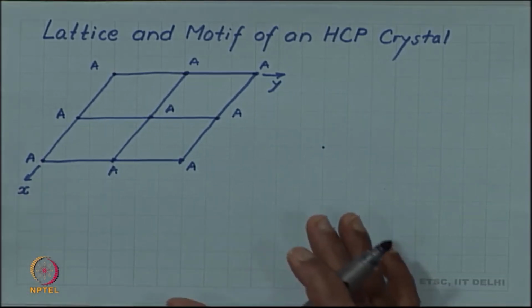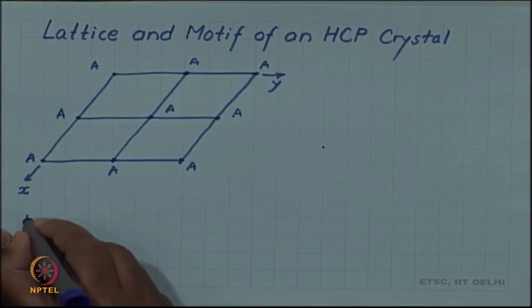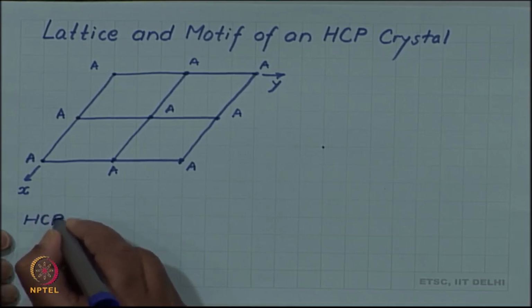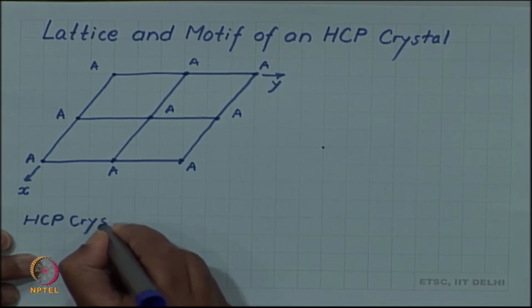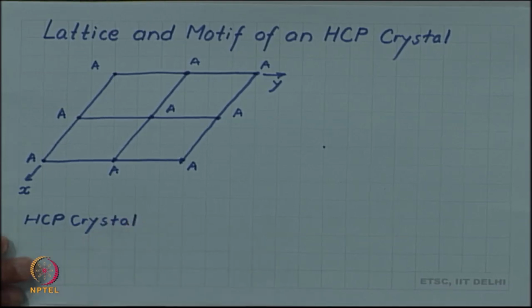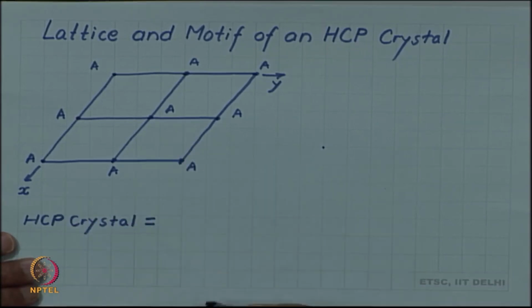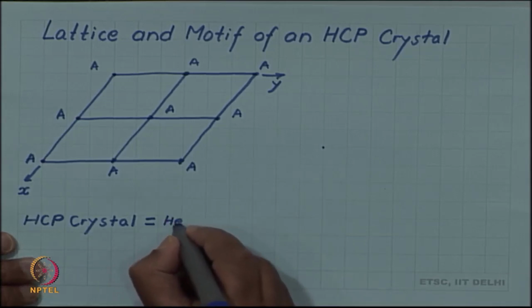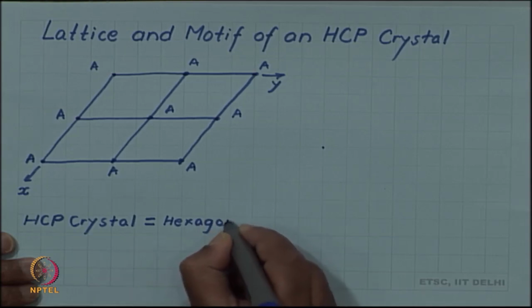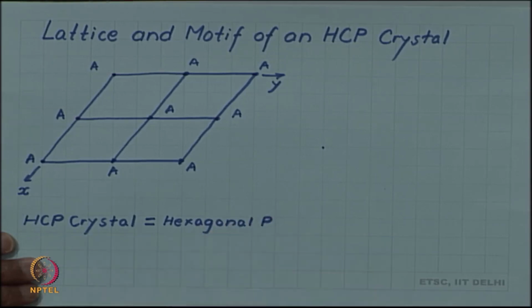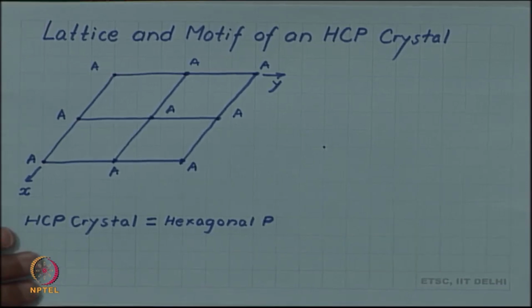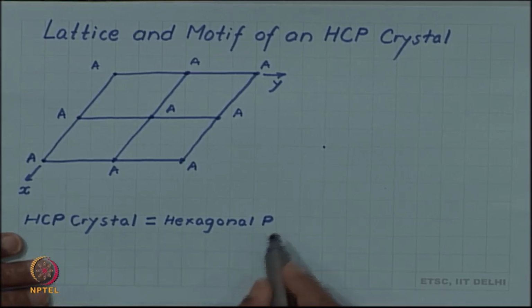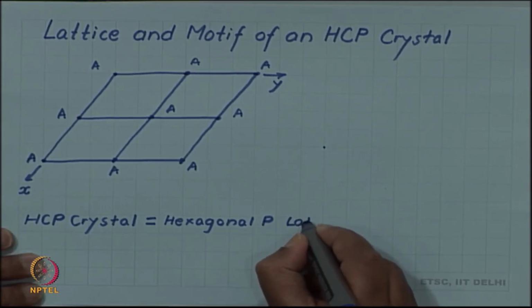Now, but this is only the lattice, this is the simple hexagonal lattice. So, we have our hexagonal. So, let us write our equation. Remember, we said that any crystal structure and thus HCP crystal structure can be described as a lattice plus motif. So, we write HCP crystal as a lattice and we recognize that the lattice is simple hexagonal. So, I write this as hexagonal P, hexagonal P or simple hexagonal or primitive hexagonal, all are equivalent phrases. So, lattice is hexagonal P,